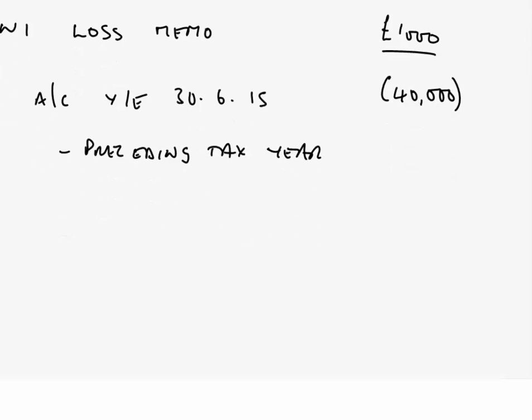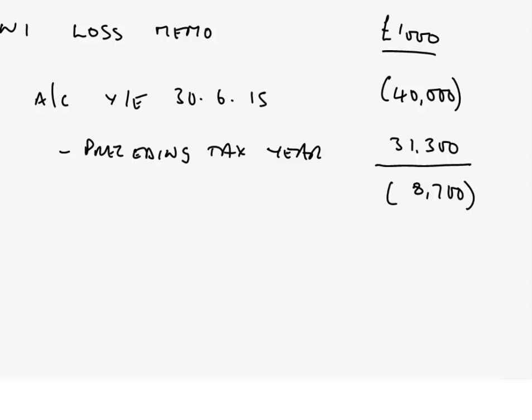We've used £31,300 out of 40,000. So that still leaves us with a loss remaining of, what's that going to be? £8,700. So we've made no claim in the current year, because to do so would be to waste £8,000 of our loss. We have made a preceding year claim of 31,300, leaving us with